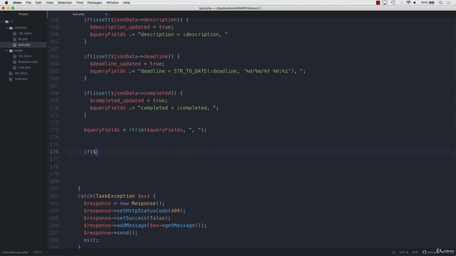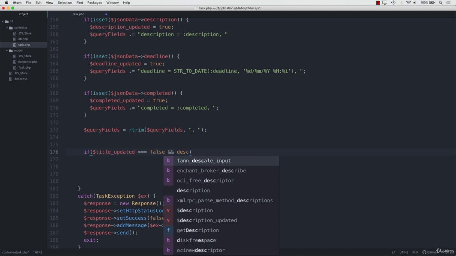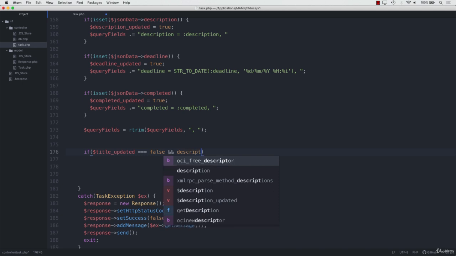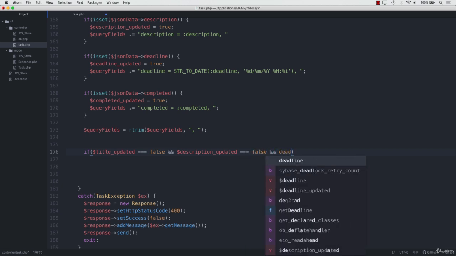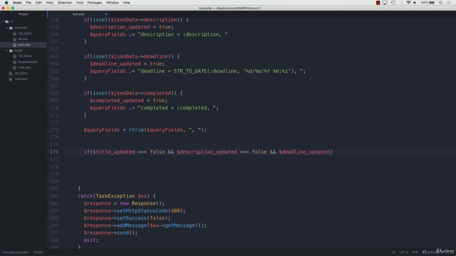So if title updated is false, and description updated equals false, and deadline updated equals false, and